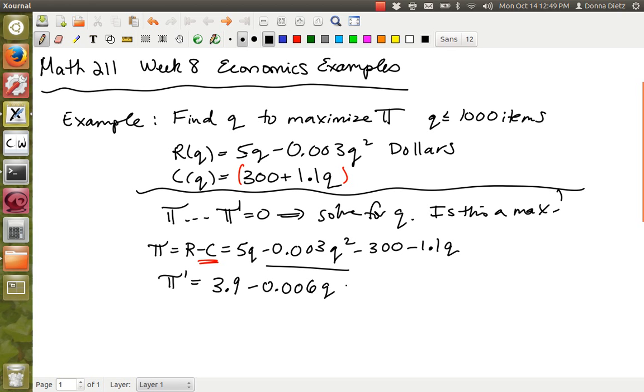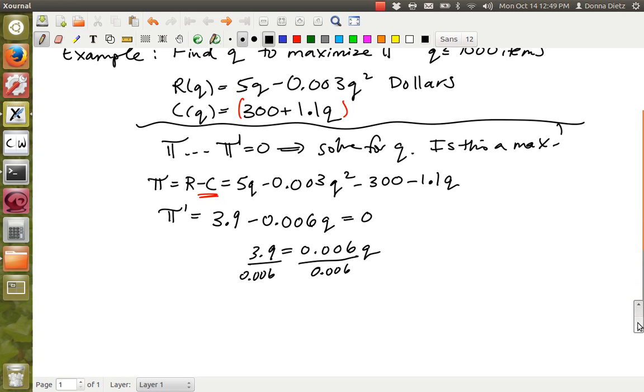I don't think many of you have trouble with taking the derivative, so I'm not going to go into detail about that. Alright, when we set this equal to 0, we solve for Q. Okay, divide both sides by 0.006. Alright, and you solve for Q, and so what ends up happening is you just end up getting 650 units